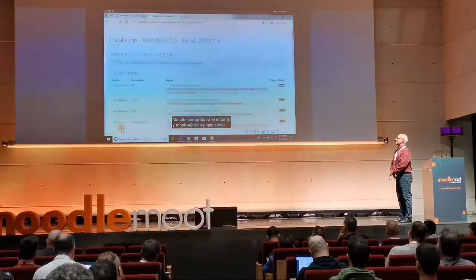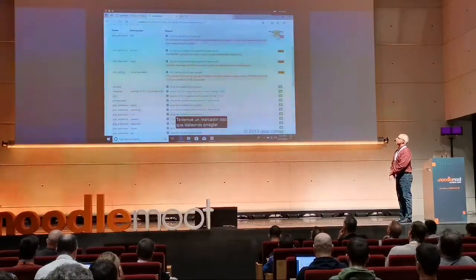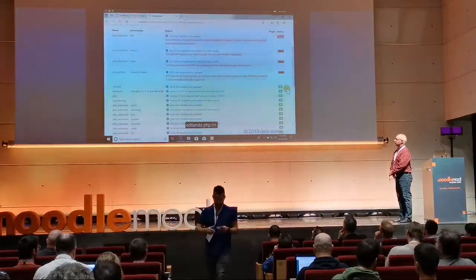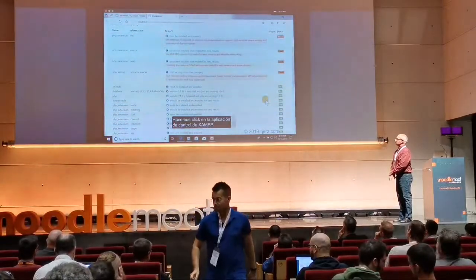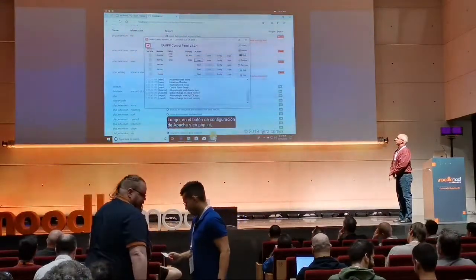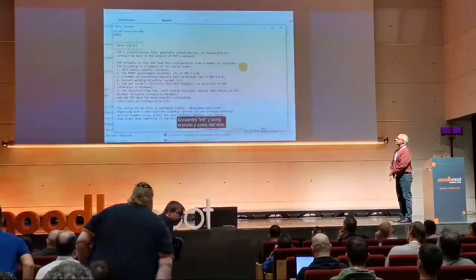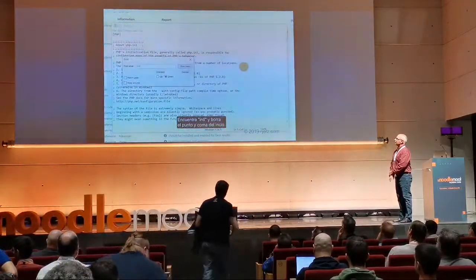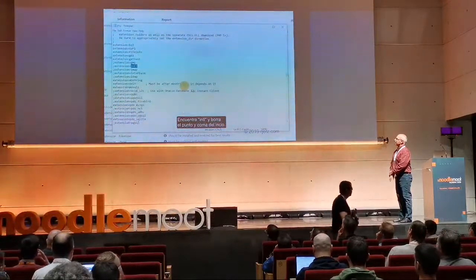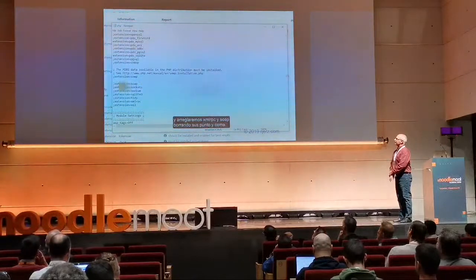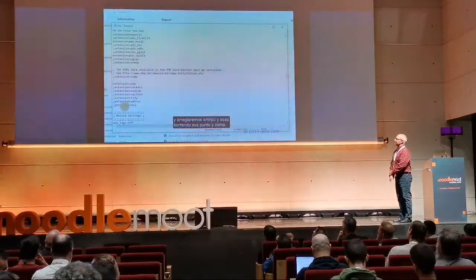Moodle checks the environment and displays this webpage. We have one red check that we must fix by editing php.ini. Click on the XAMPP control app, then the Apache config button, and then php.ini, which opens php.ini in Notepad. Find intl and remove the semicolon at the line's beginning. While we are editing php.ini, let's also scroll down and fix XML RPC and SOAP by also removing their semicolons.